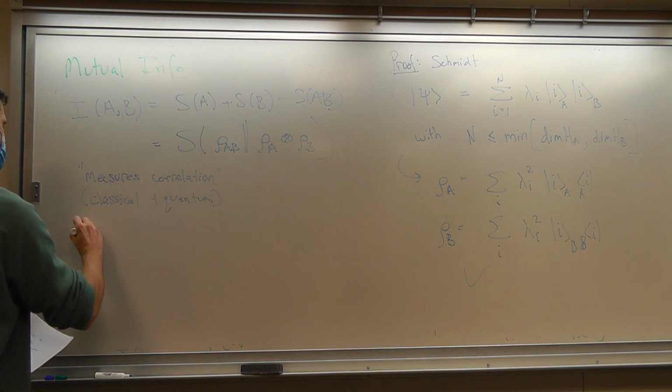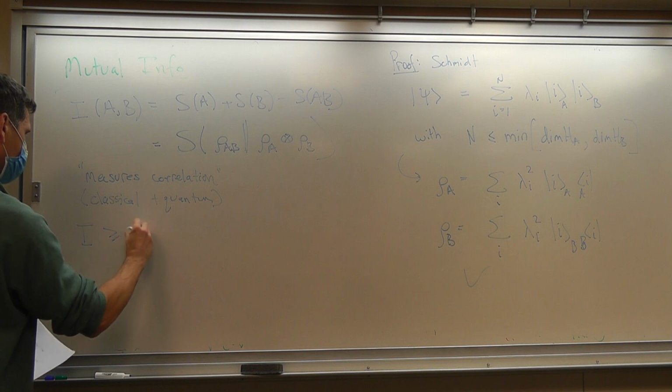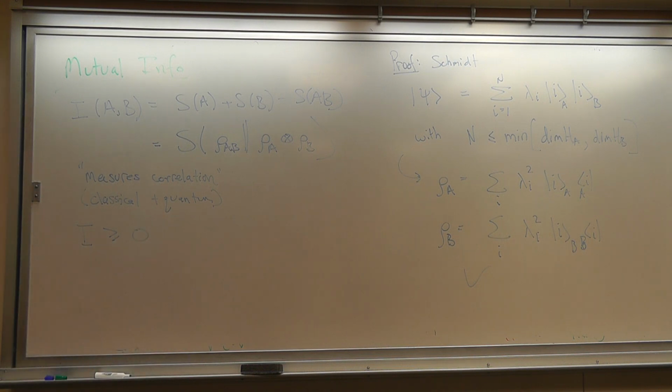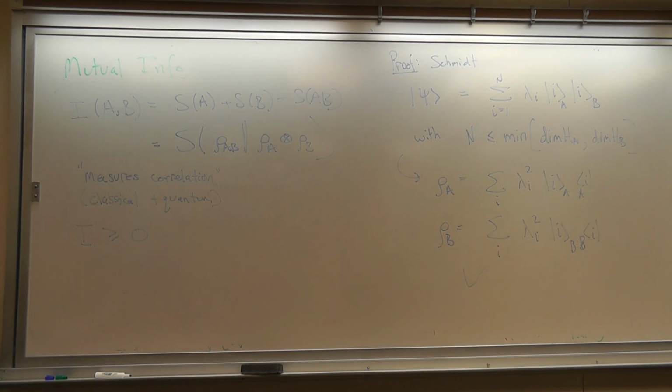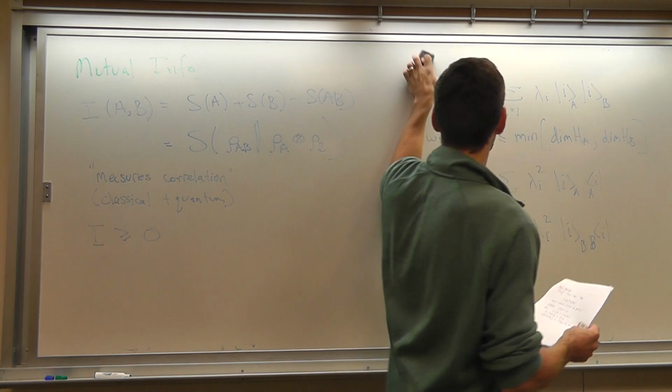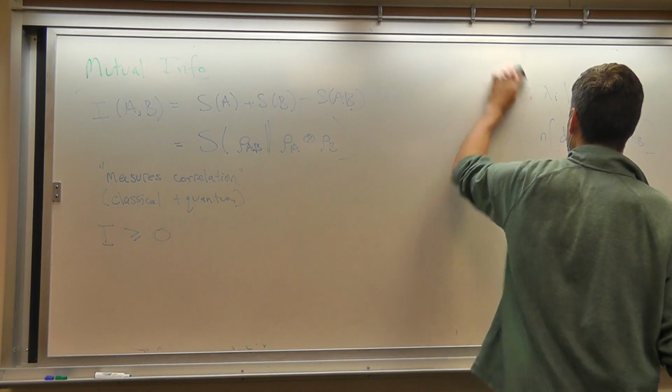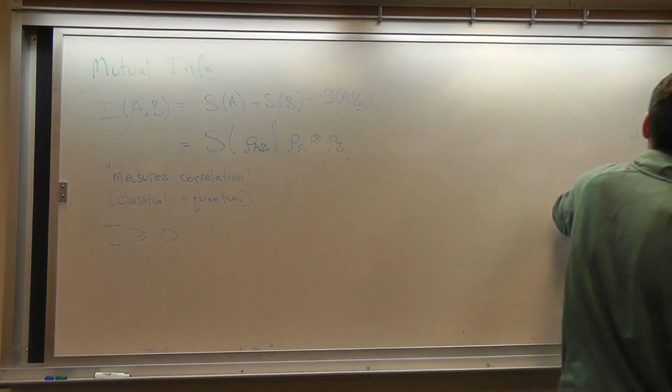The mutual information is non-negative. We've already seen that, that's the third time we've made that statement actually. Okay, so the subadditivity inequality is positivity of mutual information. But relative entropy is also non-negative. So again, the mutual information